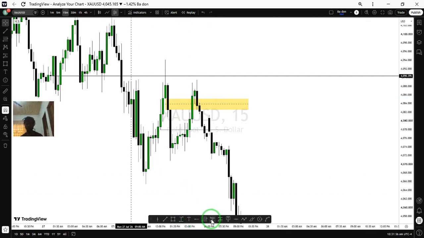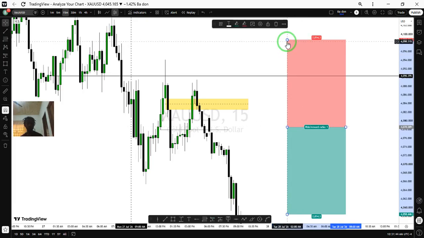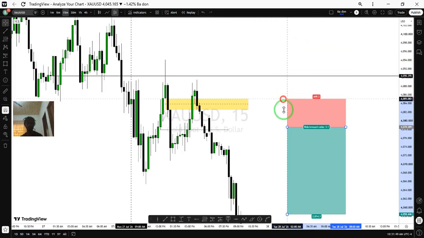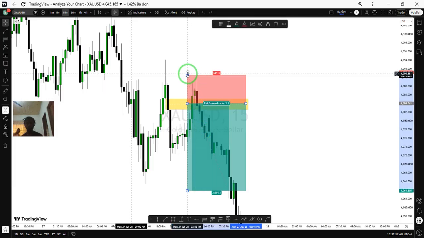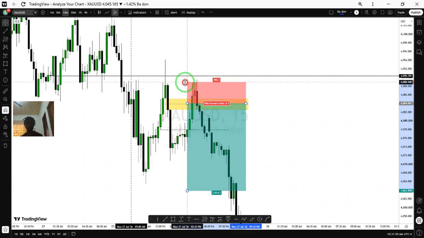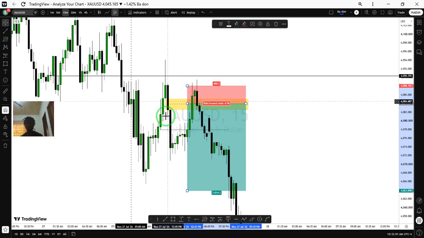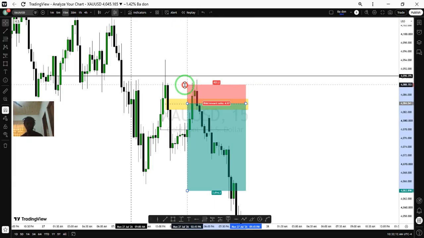And this 1, 2, 3, as you can see, this is the open of the candle, and if we kept our stop loss there, we would have been kicked out